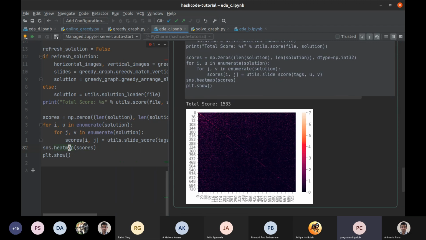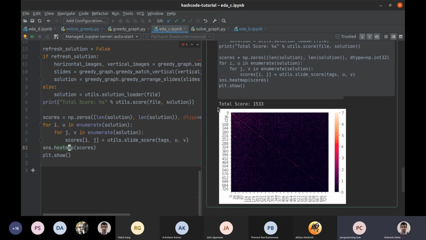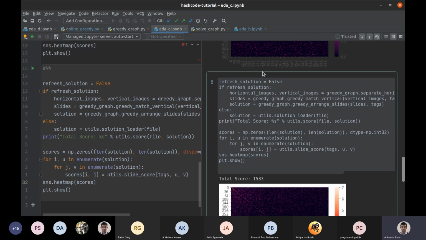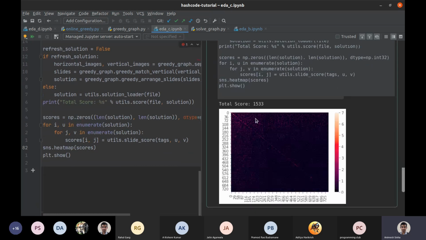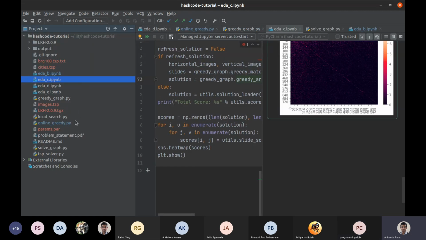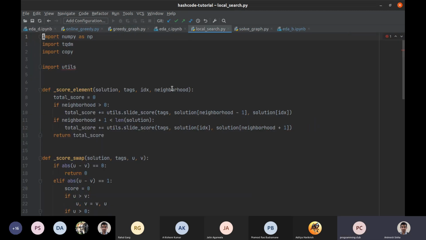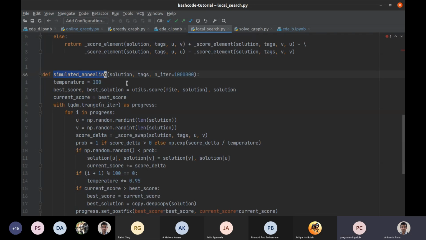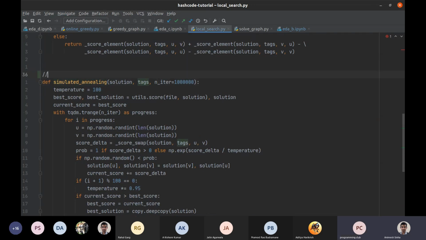Anyway, we are pretty much done with what we were trying to cover. I just wanted to add a couple more comments for our more advanced friends. If you have certain patterns in the data, particularly something in the top left corner that you can see, it's a very wise idea to go for a local search. We have a local search module in our code, and it has a simulated annealing setup. That did not give us good results here, but it can give you good results. We have tried out a bunch of other things which didn't really work out.